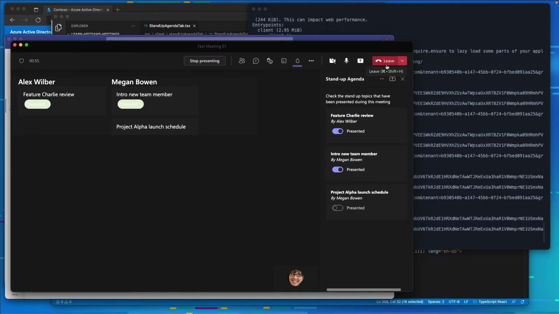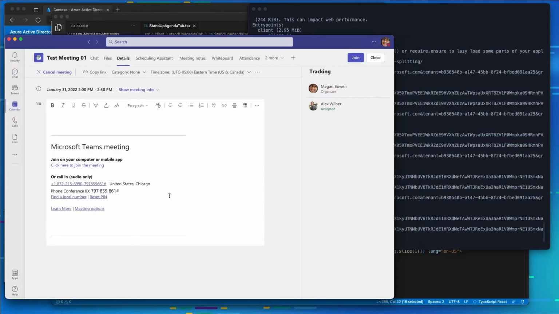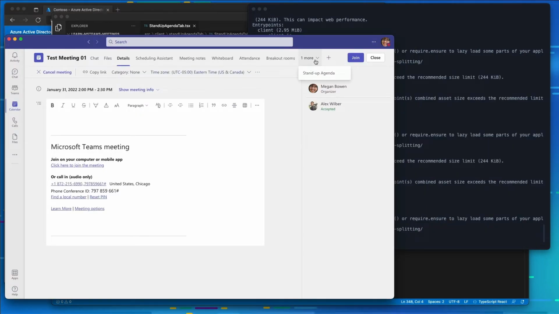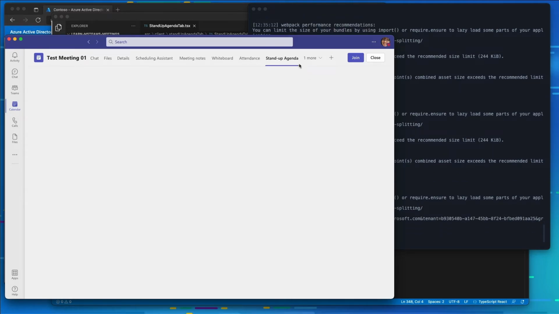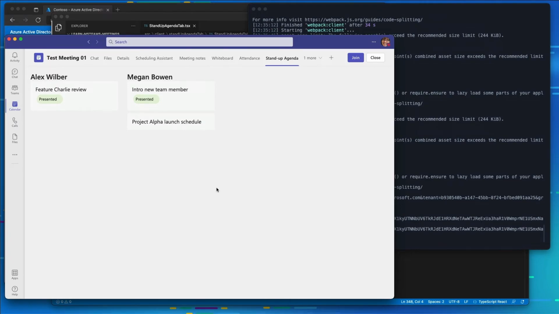experience. But not only that, if I come over to our, so now if I go to my stand-up agenda, we can see here that we're just seeing the post-meeting experience, which mirrors the stage experience that we wanted to display within our app. And so now what you've seen is how to create a Microsoft Teams meetings app, and